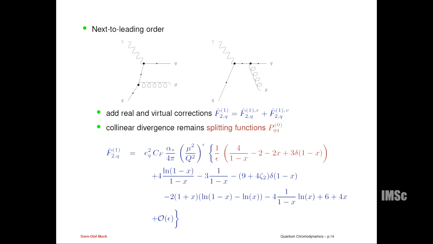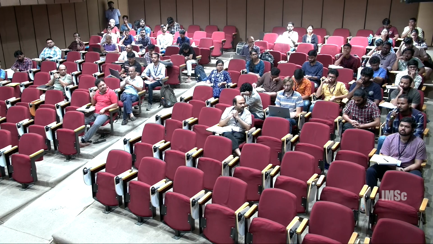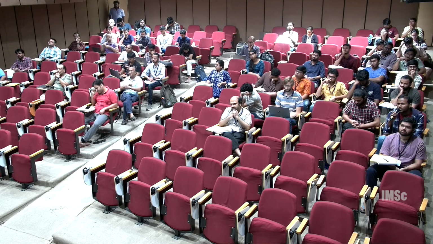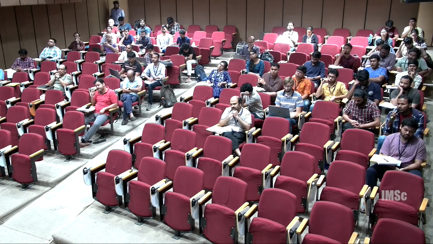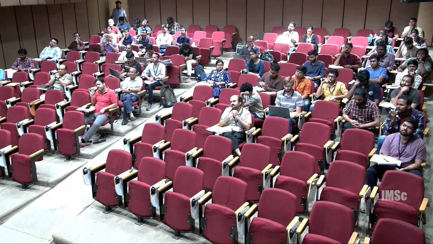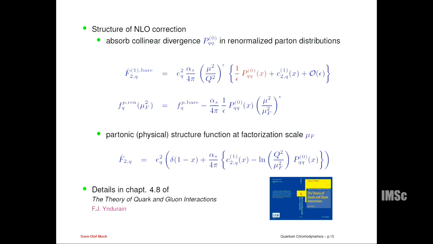So my question is a bit different. When you write this renormalized parton distribution as a bare one plus some counterterm, how do you find this counterterm? What are the conditions you impose to find the counterterms? Well, basically the condition for that counterterm is that